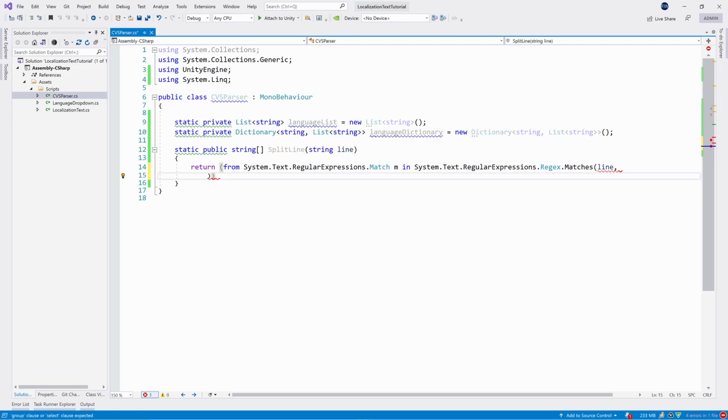So I'm not gonna bother to type it. I'm just gonna copy this pattern from my implementation. So we can just copy this pattern again,